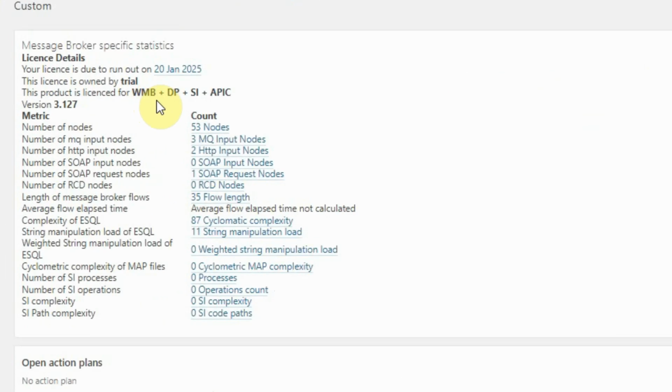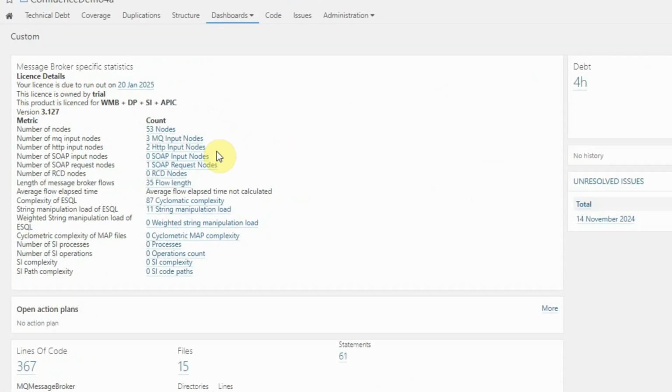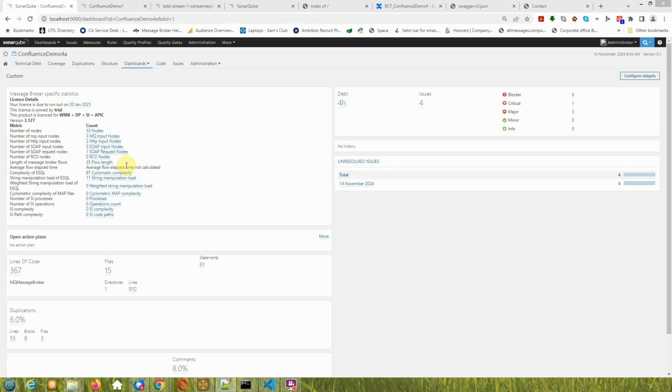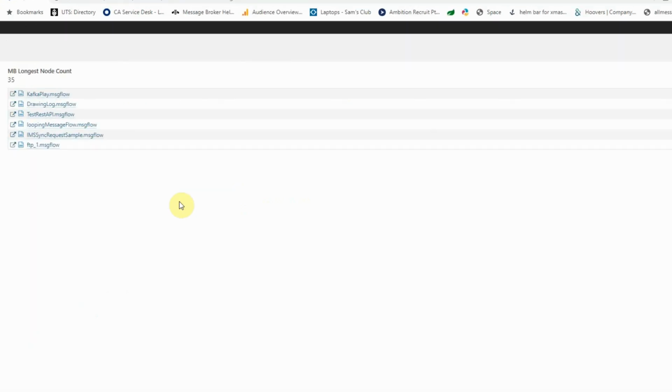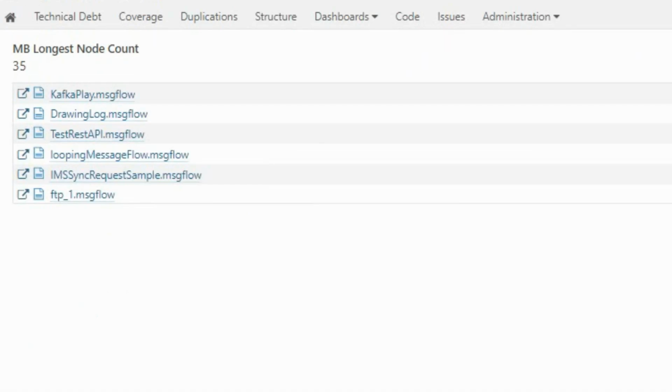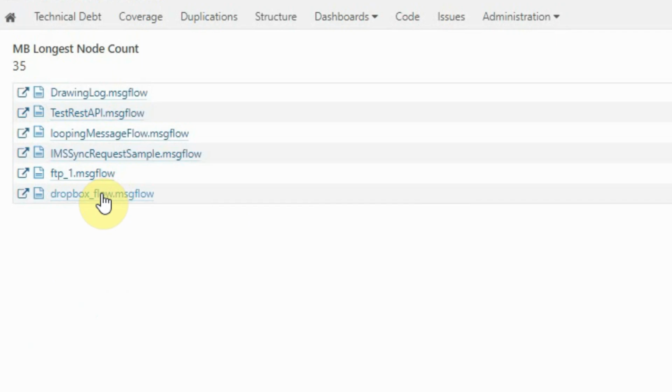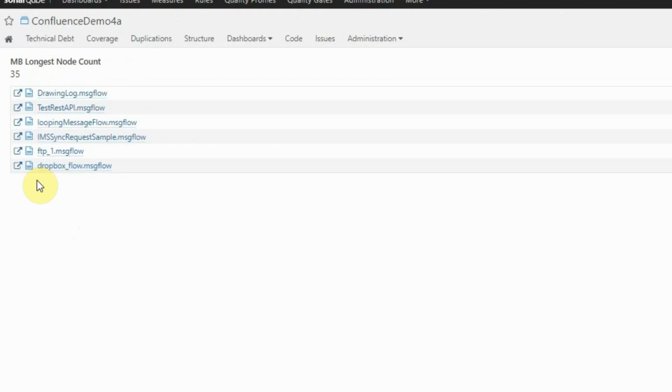For example, a metric might be the number of files, which isn't all that useful, or it could be the number of nodes, or the length of the nodes in a flow. For example, which flow has the longest consecutive nodes,